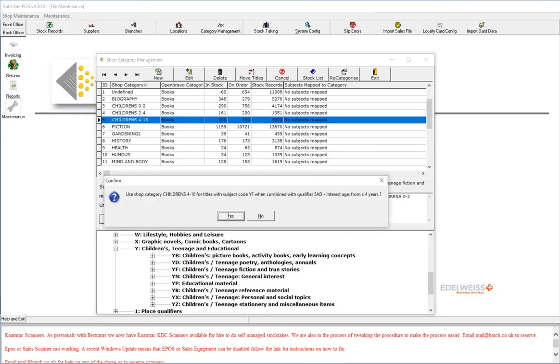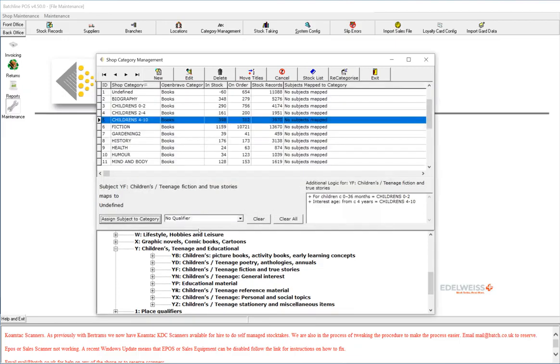So we'll get a summary of what we're doing here. Do we want to use this shop category when we find YF and we also find 5AD? Click yes here. We can see now that we're building up more complex mappings here based on the interest level. As long as it starts with YF, we're going to map to here if we see this qualifier. We're going to map to here if we see this qualifier. Okay,